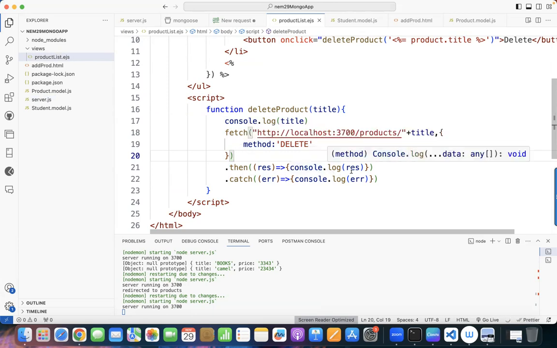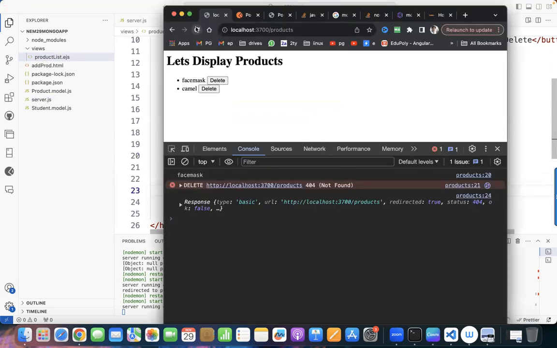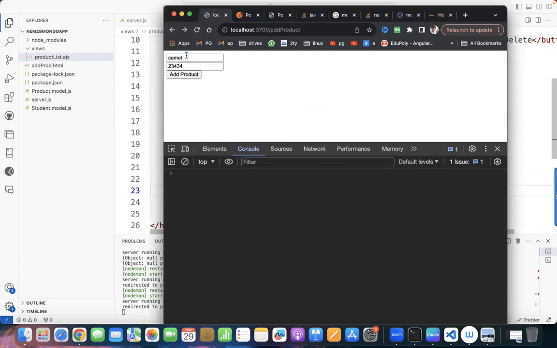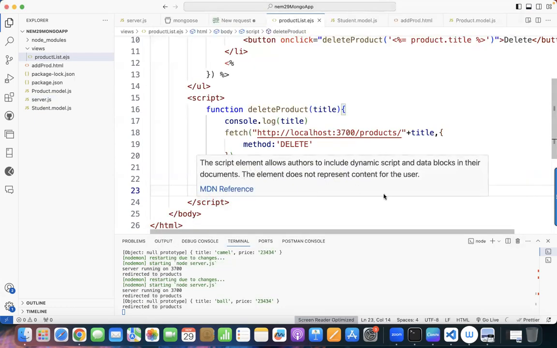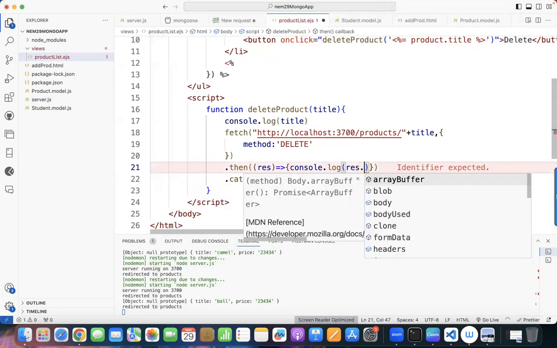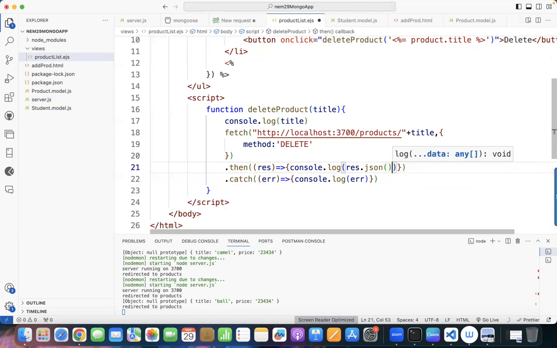Let us see what is there in the response. When I click on the delete, I got the response as body so and so. Okay, response.json. Yes. So this response.json is going to be another